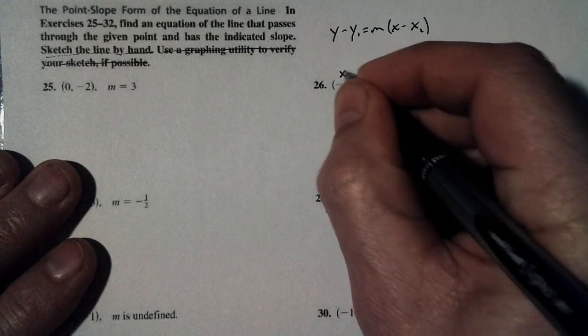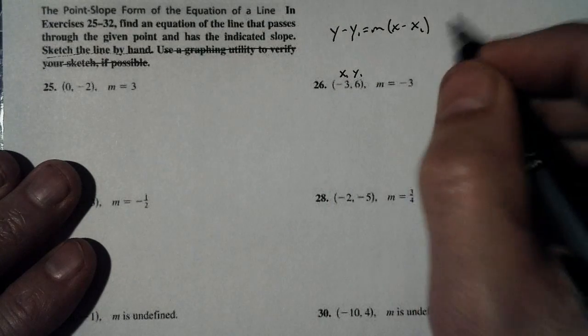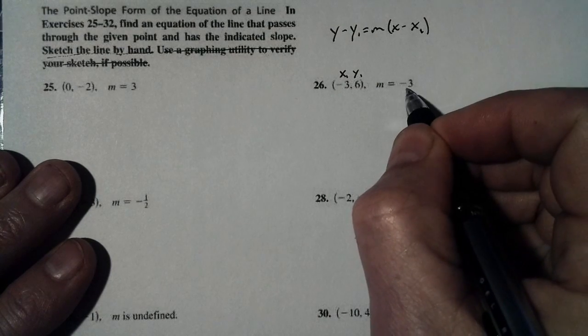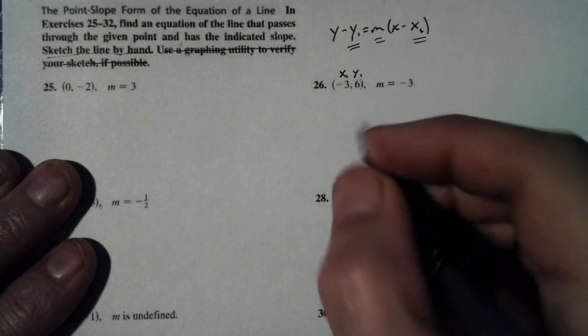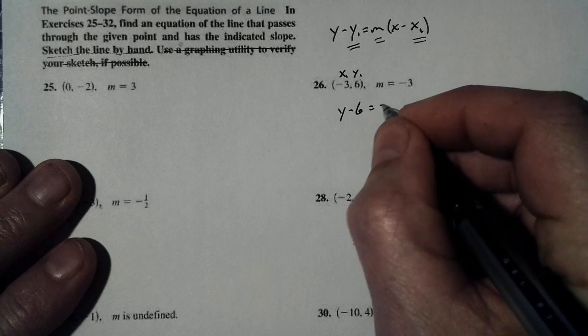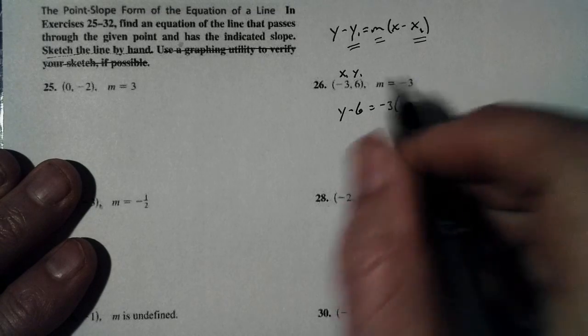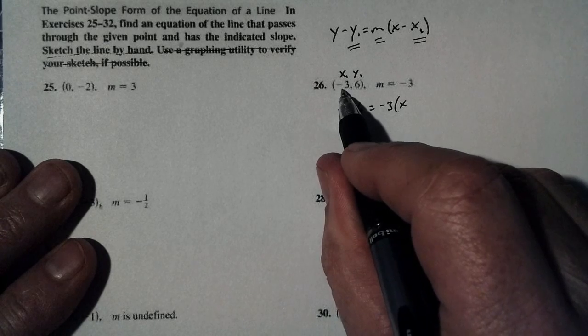Well, here's an x coordinate and a y coordinate, so this could be like x1, y1. And here's our slope. So these are just puzzle pieces. I need this piece, and this piece. y minus the y coordinate 6 equals -3 times x minus the x coordinate, x minus -3